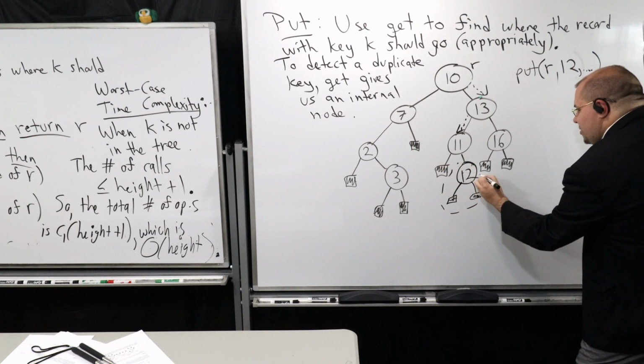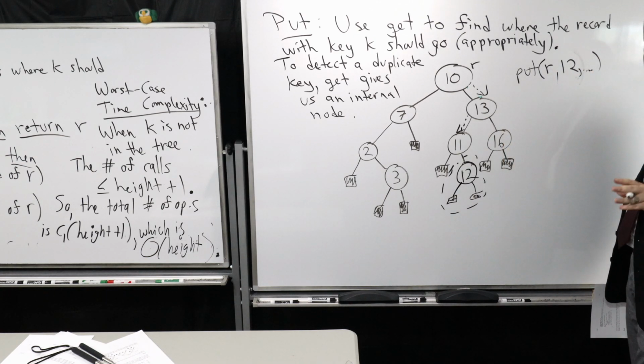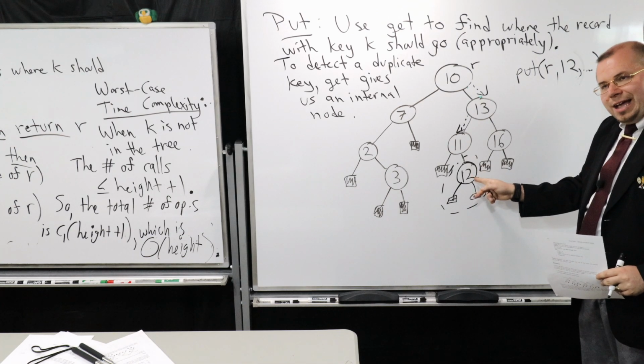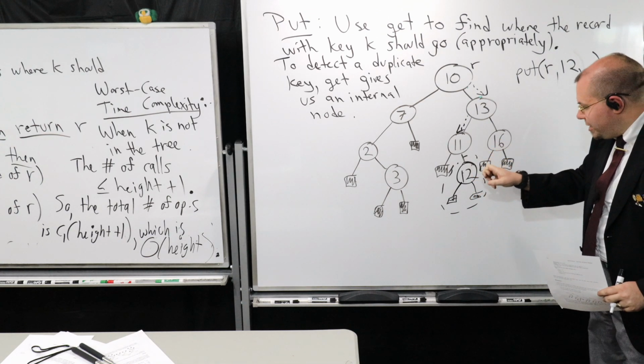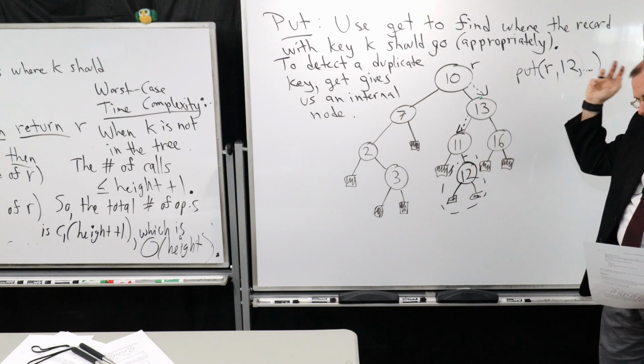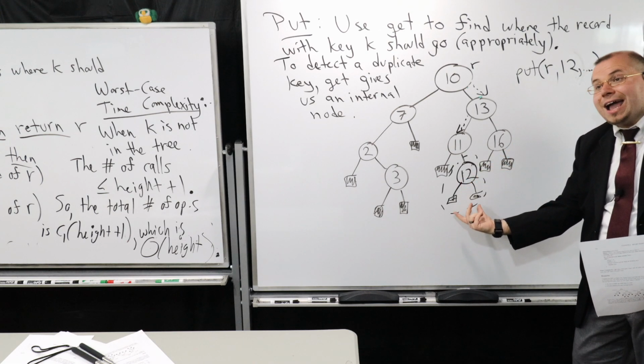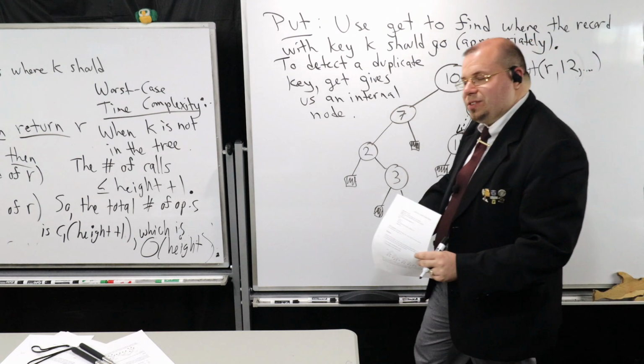So this is all our put operation actually does. It uses get to piggyback to get to where we need to put it. Then we do the insertion by putting the data into this node's data attribute. Then we create 2 leaf nodes as its left and right children respectively.